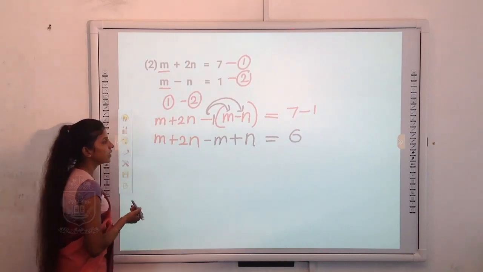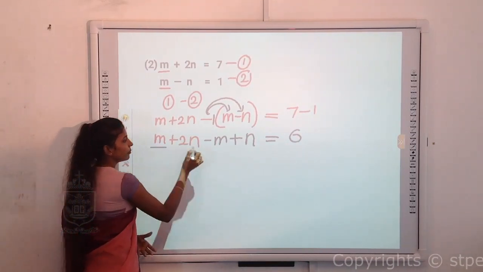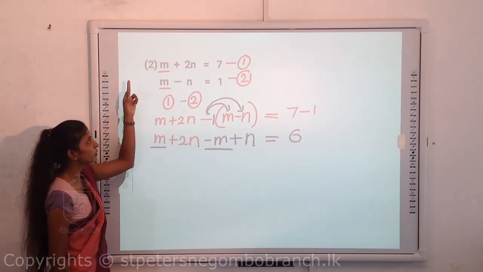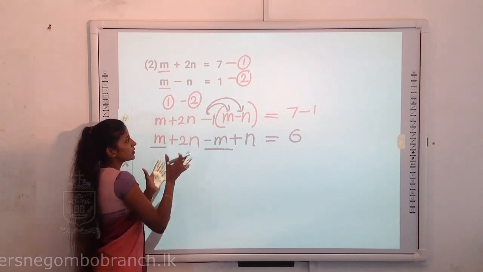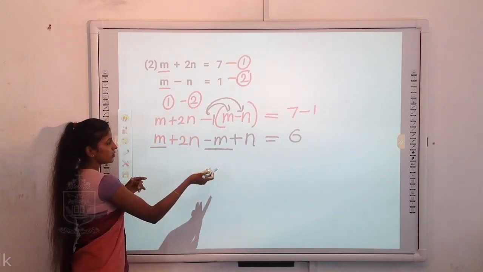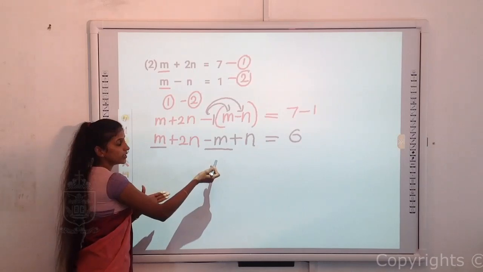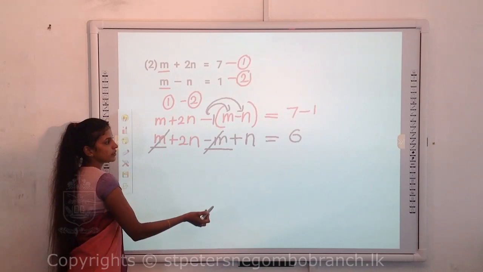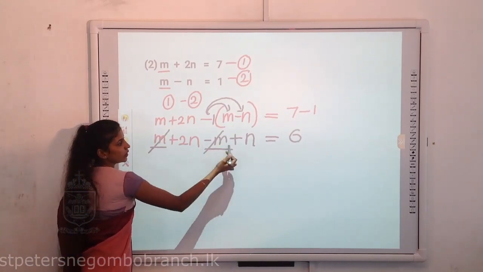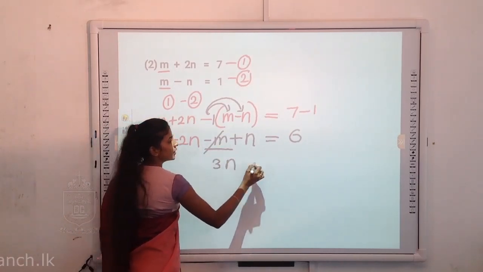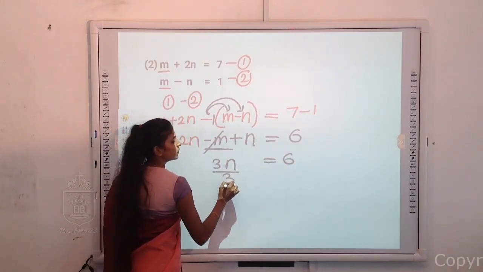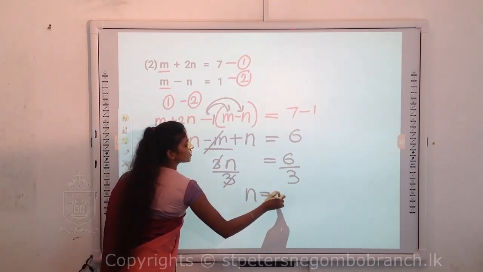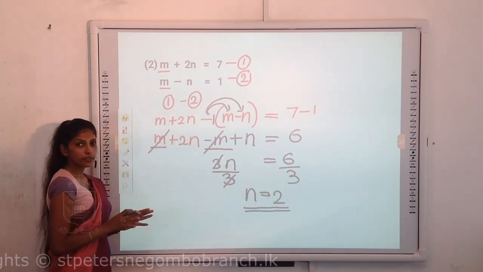7 minus 1, 6. Next, observe the like terms here. m, they are opposite in sign. Now, you all can see earlier in the equation, both were plus. But once we subtract the two equations, the two symbols changed. One is having plus, the other one is minus. Now we can cancel. Okay, now we can cancel the two terms. And then 2n and 1n can be added as 3n equals 6. We can remove 3 by dividing. So n equals 2.